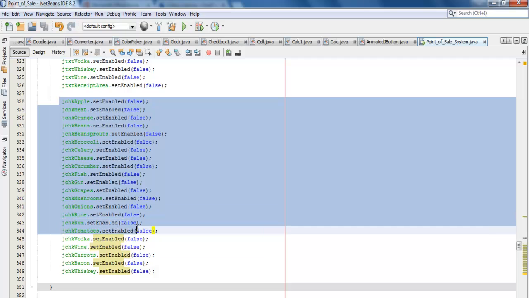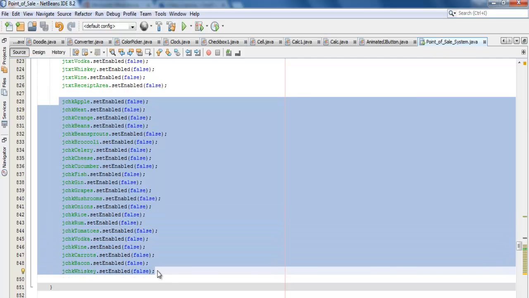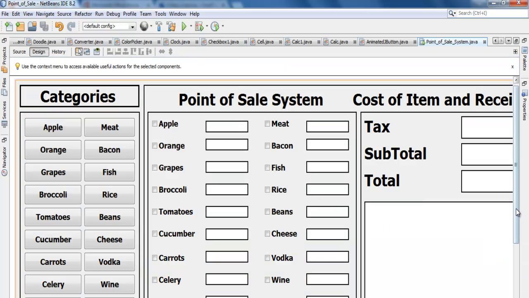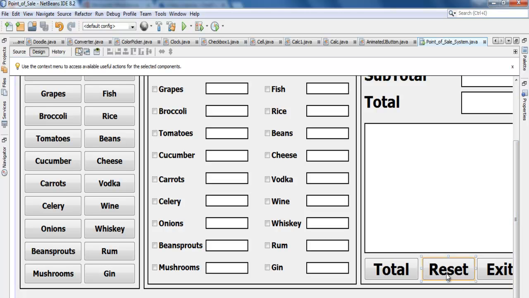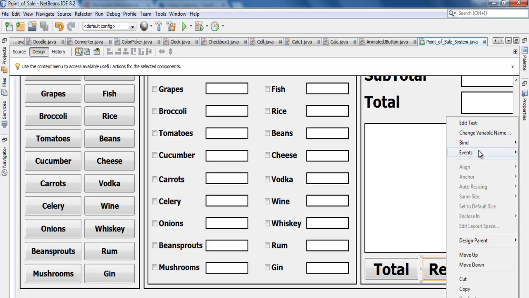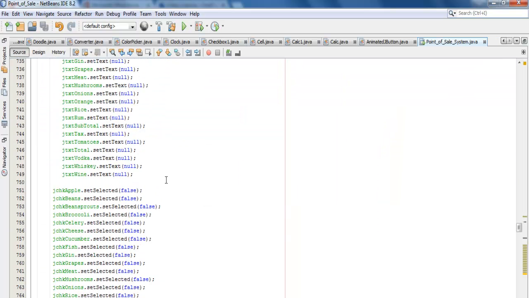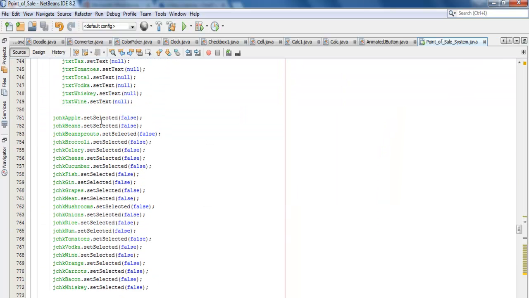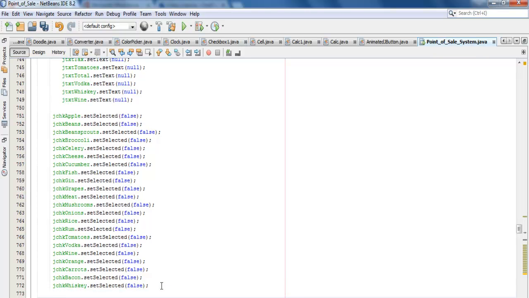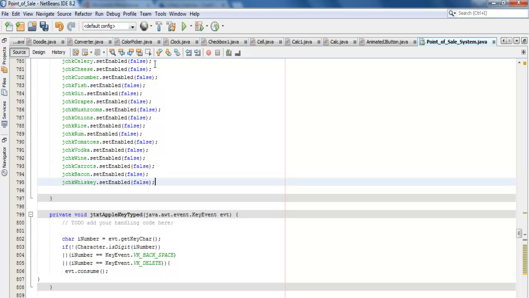So copy all of those. I will paste those inside reset action perform right in there. Come right down. Okay, and disable it as well. There we go. So if I run it now,